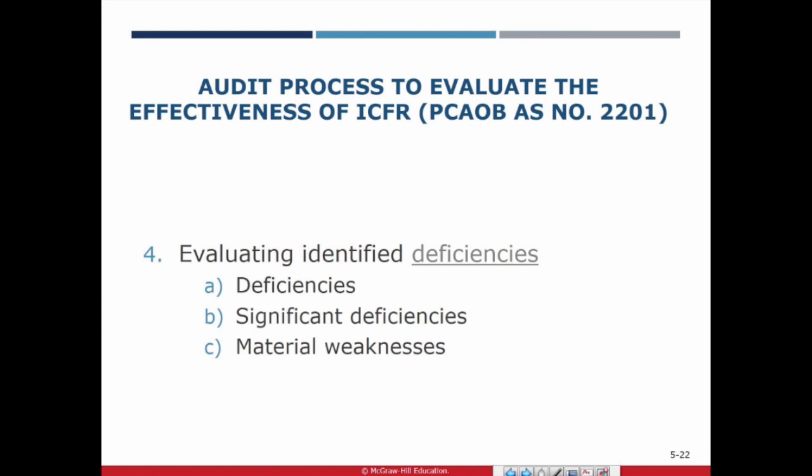Then the auditor has to decide, is that deficiency significant? And at that significant level, does it rise to a material weakness in internal controls? And a material weakness results in an adverse audit opinion on internal controls. So